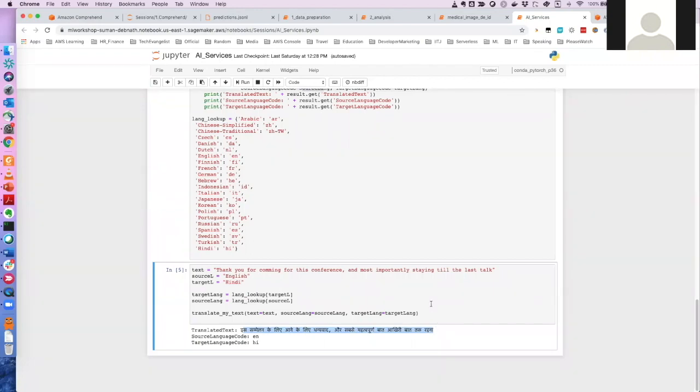You can take this output from Translate and send it to Comprehend to analyze, because Comprehend supports Hindi as well. So your user data might be in English, but you can translate it to Hindi and then analyze it. That also is perfect. So yes, it is supported.